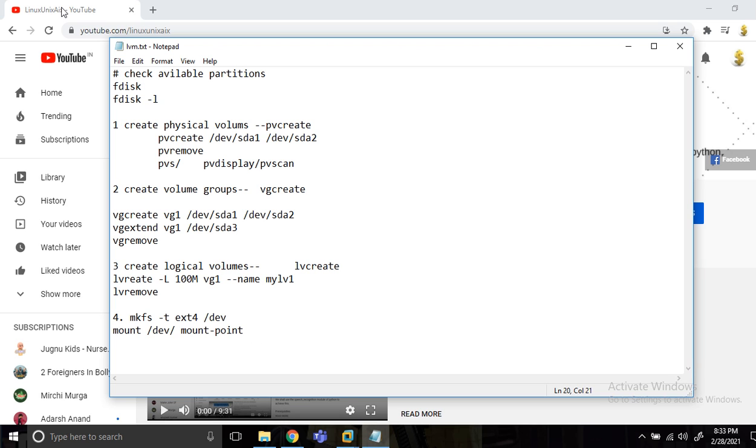I have noted down some points that we can use here. First of all, we'll create the physical volume. It mainly comprises three steps: creating a physical volume, then creating a volume group, and then creating a logical volume out of that,